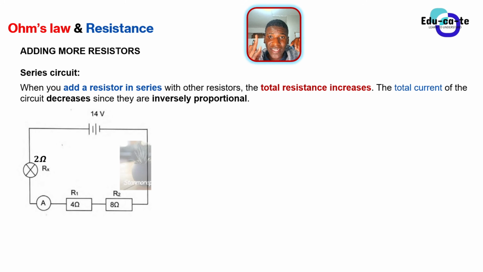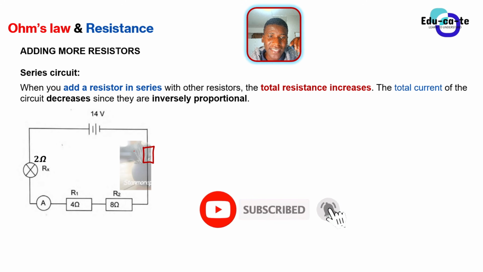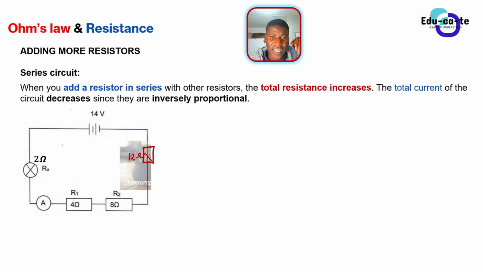So the question will be like, okay, in here we've got 3 resistors. If a 4th resistor was added in series to this resistor, it just simply means that I'm adding another resistor here. And I say maybe this resistor is 12 ohms. So as I'm adding a resistor here, what will actually happen to the current or the voltage of the circuit? So basically when you add a resistor in series, the total resistance will increase. I mean, come on guys, remember that the total resistance, how do you find it in series circuits?